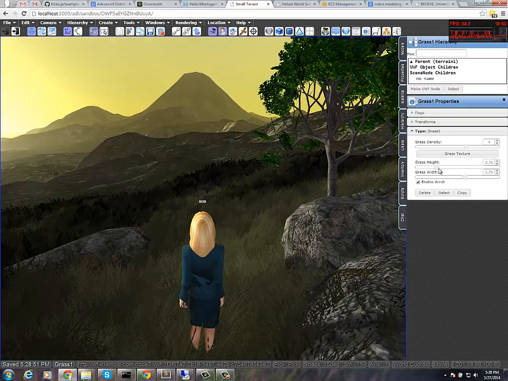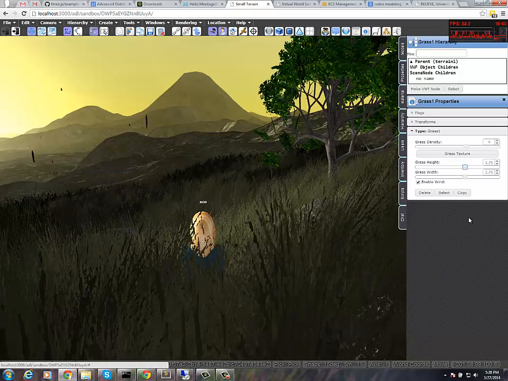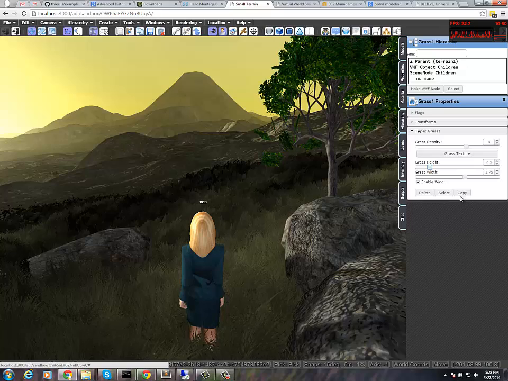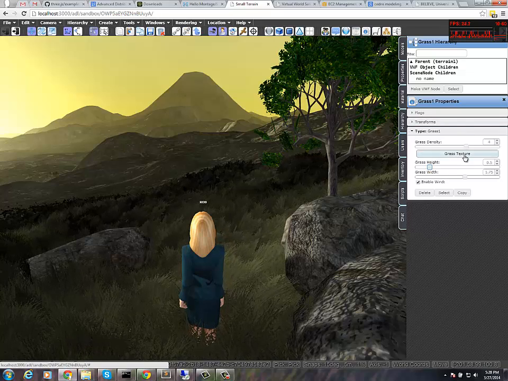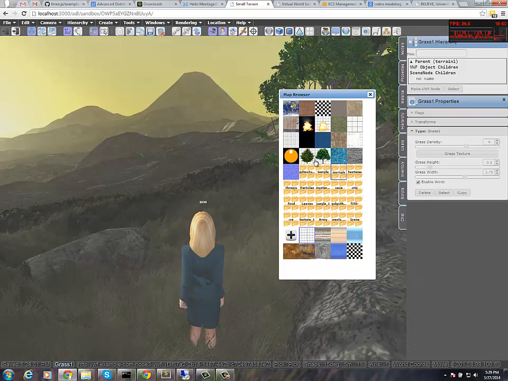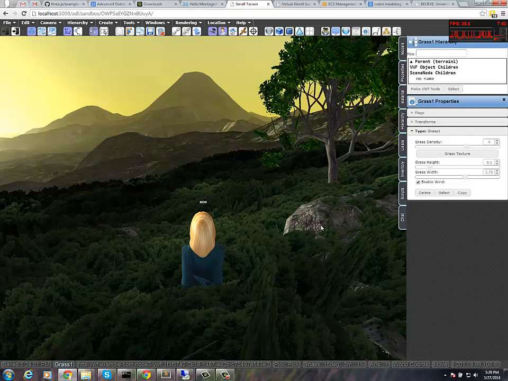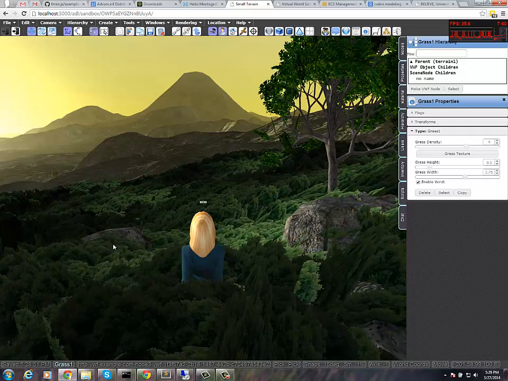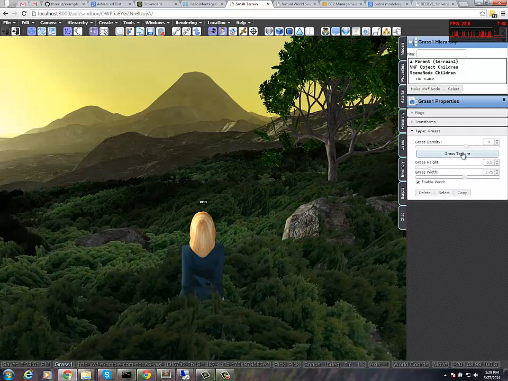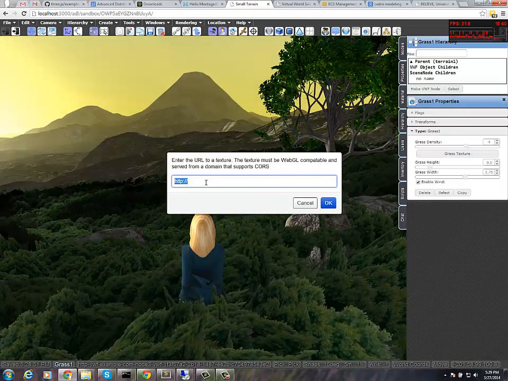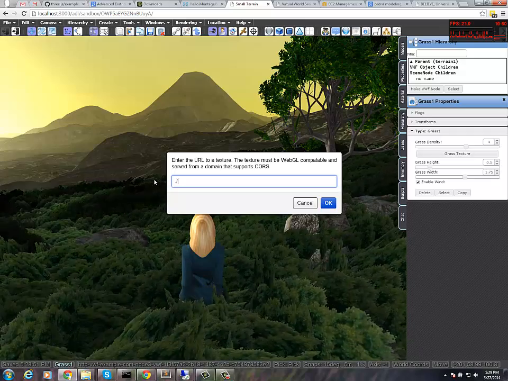We can also do things like make it larger, look at that. Or we can make it smaller. It has both a width and a height setting, so that's pretty neat. And finally, it's integrated with the same texture chooser. So I go to pick the grass texture, and I can pick this tree, and lo and behold, I'm now standing in a field of trees, which is kind of weird because they're too tiny. To get back to where it was, I'll click on the texture picker, click on the plus, and I'm just going to do our kind of example